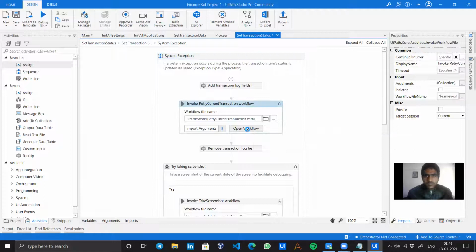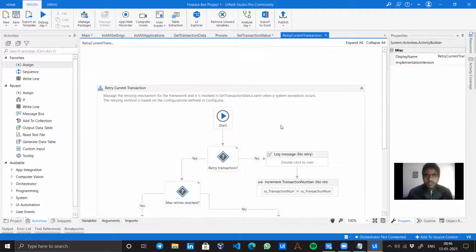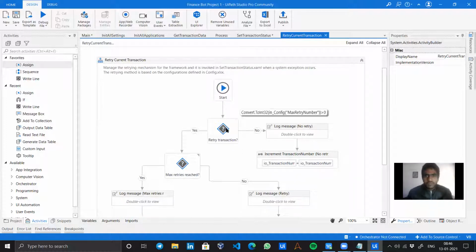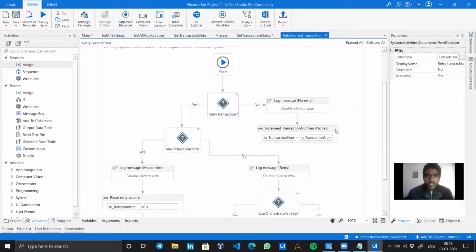Now, let me open the retry current mechanism. So basically over here, if any retry number is there, like convert int max retry number greater than 0. Max retry numbers are what we set in our config file. Then it checks if the IO retry number is greater than or equal to convert.